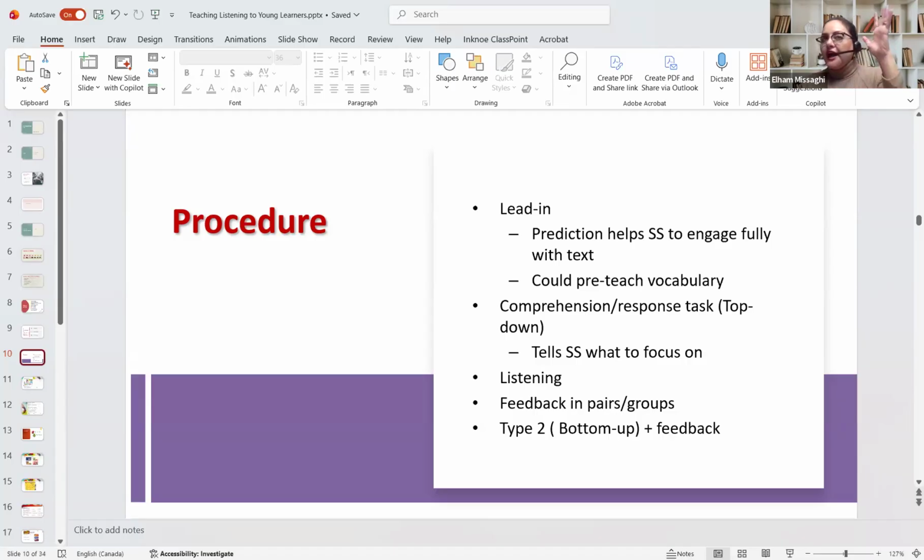For higher level, you don't have a problem with vocabulary teaching, but definitely for lower level, you need to pre-teach keywords. You definitely need to pre-teach the keywords. And you remember in reading, we have bottom up and top down. So what's the difference? Do you remember what was the difference between those two procedures, bottom up and top down questions or procedure? You remember that?